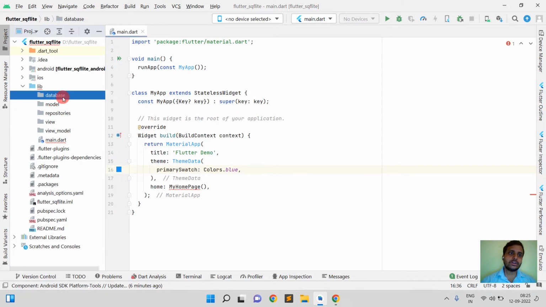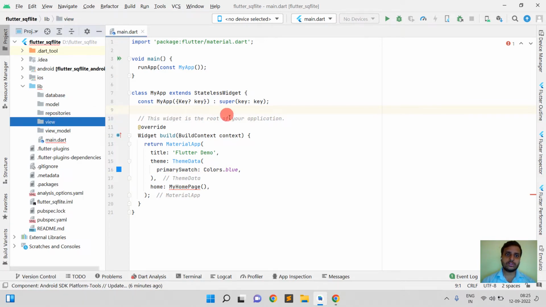One for the database, where we initialize the database of SQflite, and inside the model folder we will create the model of student, where we will declare all the variables. Okay, and in the repository folder we will execute all the operations like insert, delete, update, and inside the view folder we will fetch all the students and show them inside the view, and the view model will interact with the view directly. Okay,